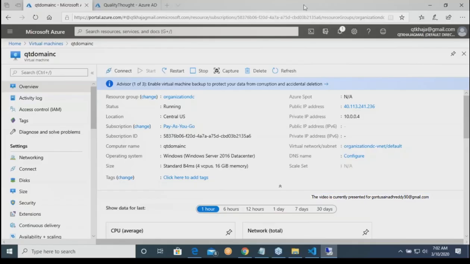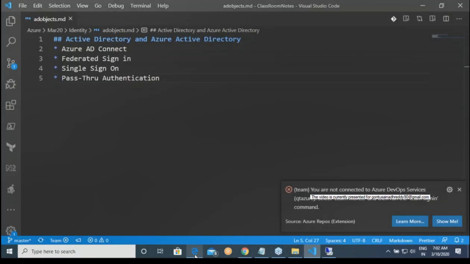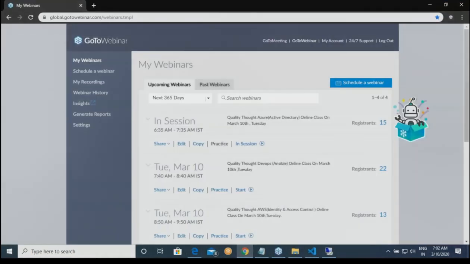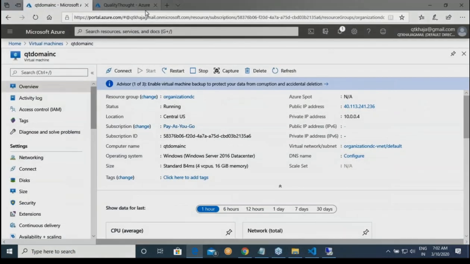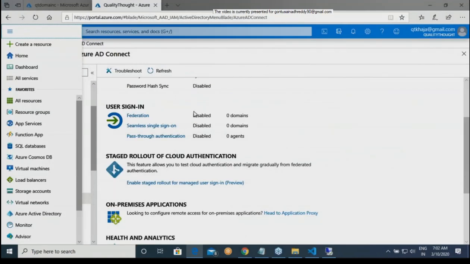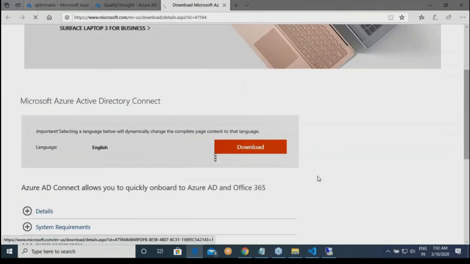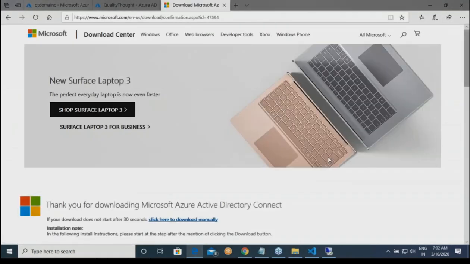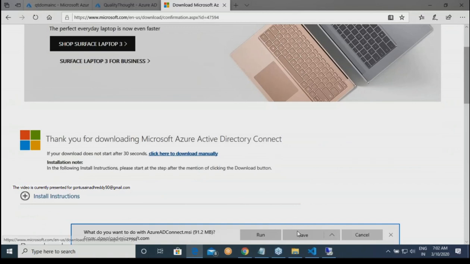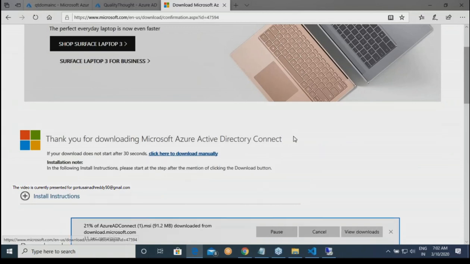So what I'll do is, where was it? In here. Download Azure AD Connect. Okay. If your laptop, okay, 91.2 MB, let us see how much time it takes. It's okay. 91.2 MB, we can afford it.